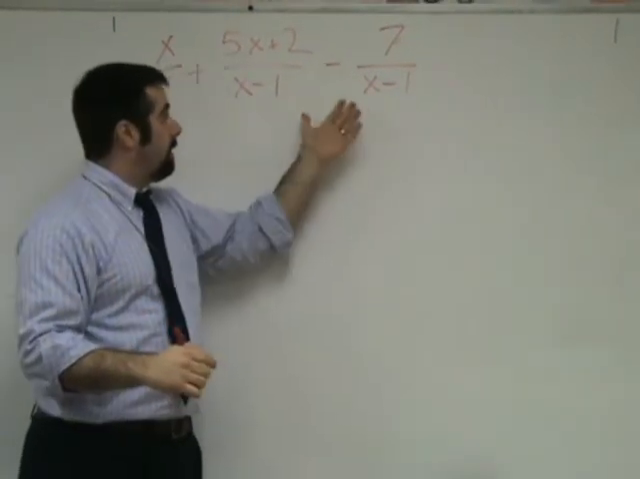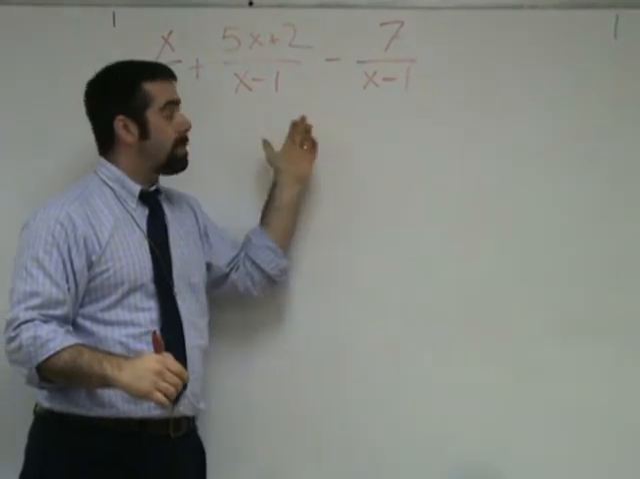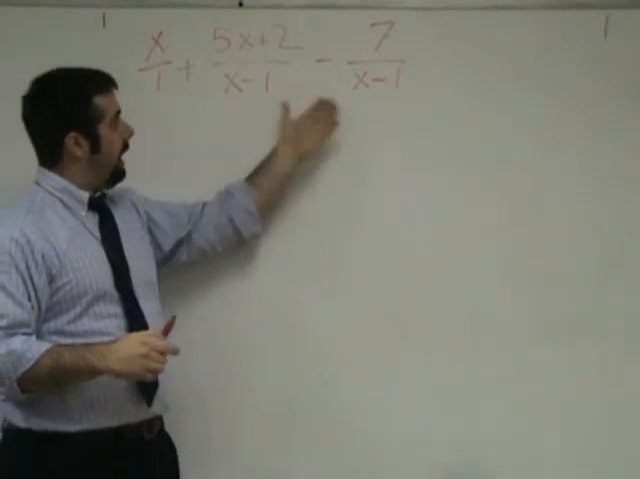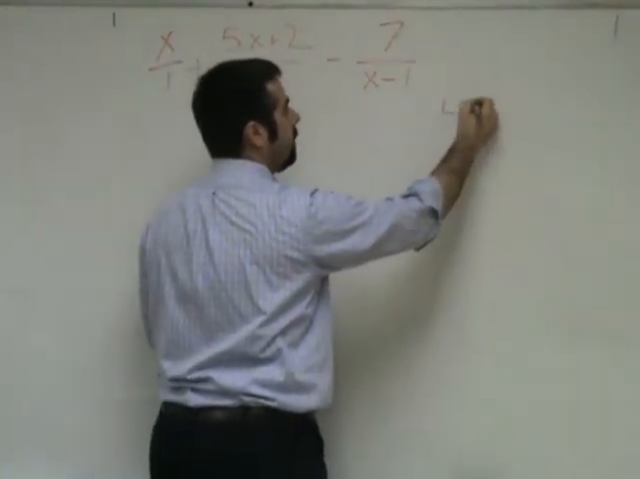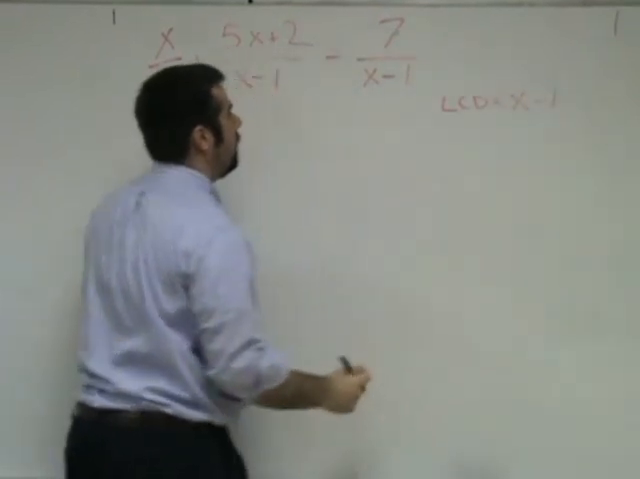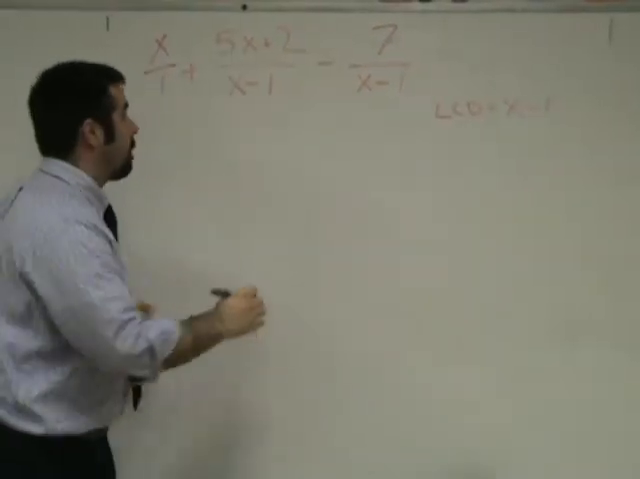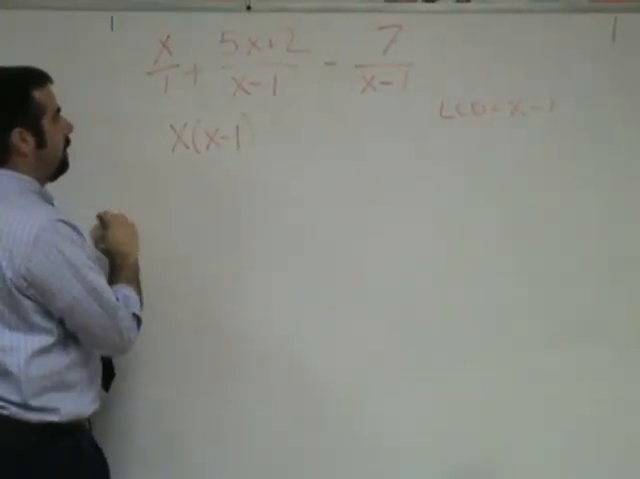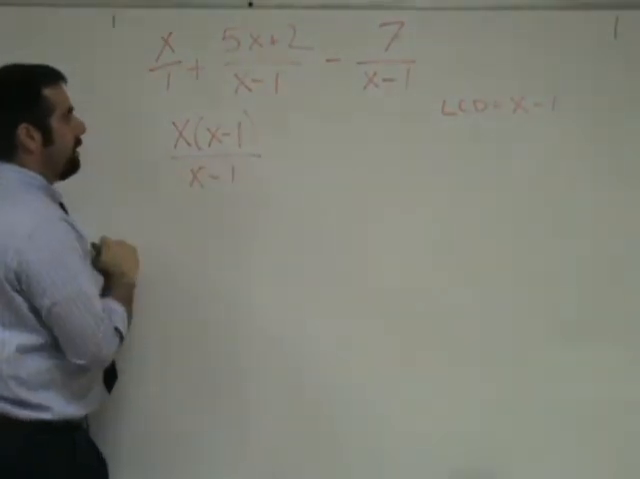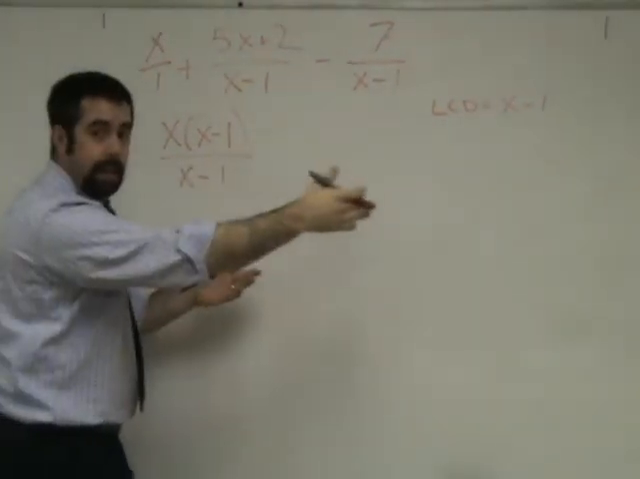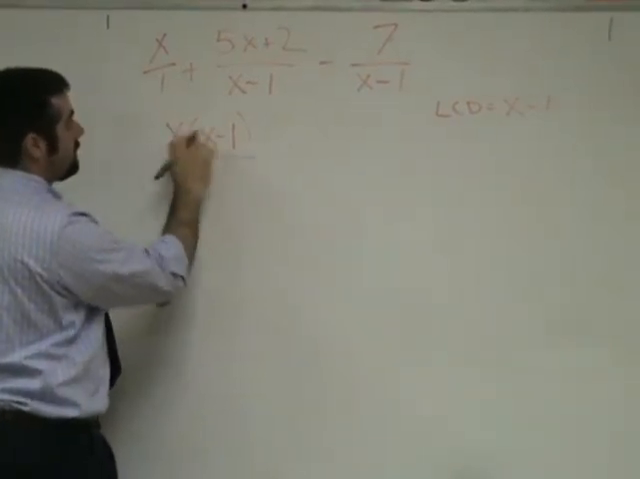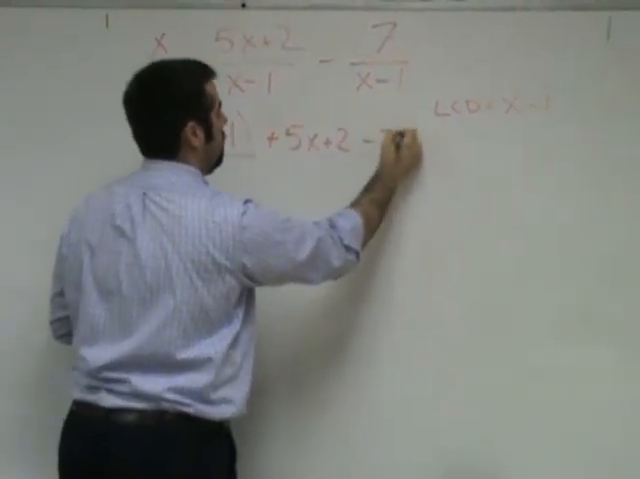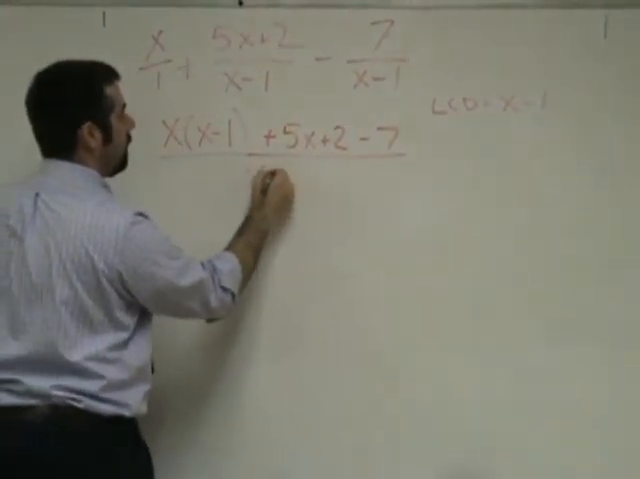Well, fortunately for me, the second 2 fractions both have the same denominator of x minus 1. So all I need to do is bring it into this. So x minus 1 is my least common denominator. So I multiply top and bottom by x minus 1. So this becomes x times x minus 1 over x minus 1. Now they all have the same denominator. I can just link them all together. So x times x minus 1 plus 5x plus 2 minus 7, all the same denominator,